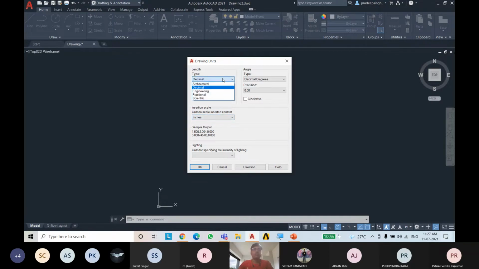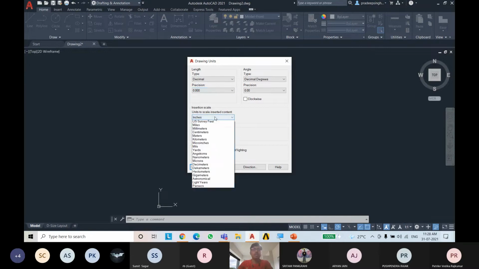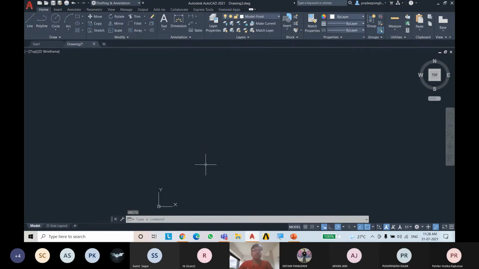So now I will be using engineering, so I am choosing decimal. You can also choose the precision, like I will choose 3 precision and millimeters. You can use anything if you want, like centimeters, meters, miles, but I will be using millimeters. So now click on OK.